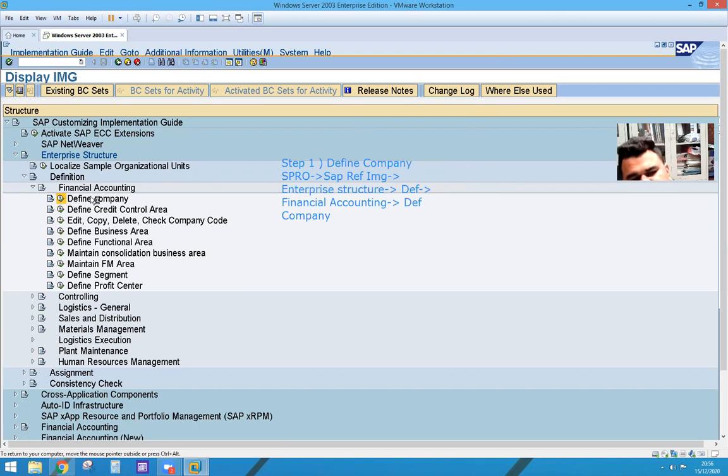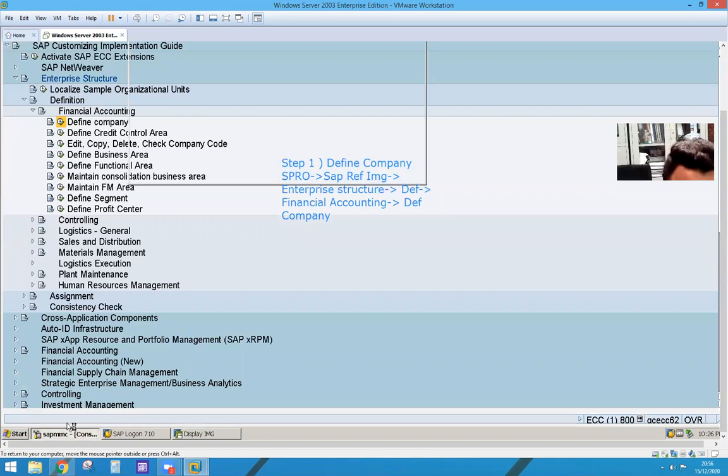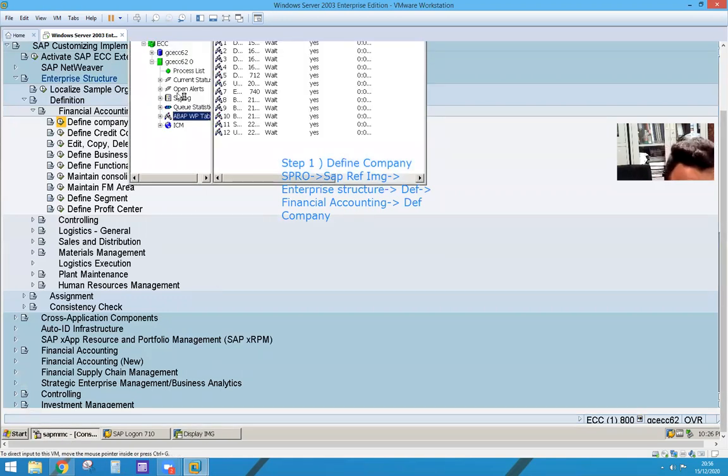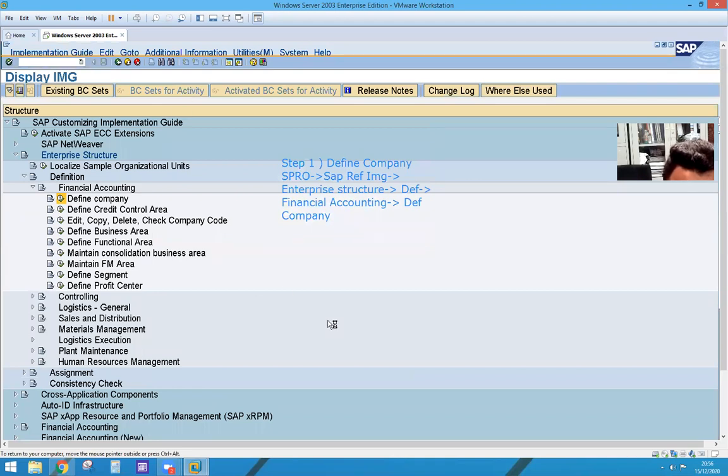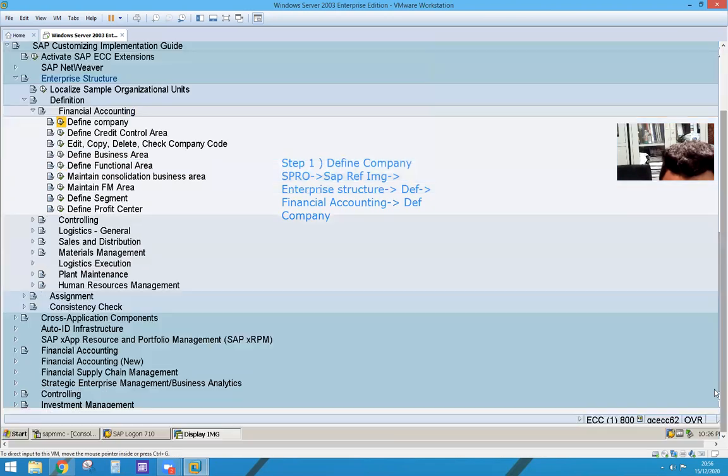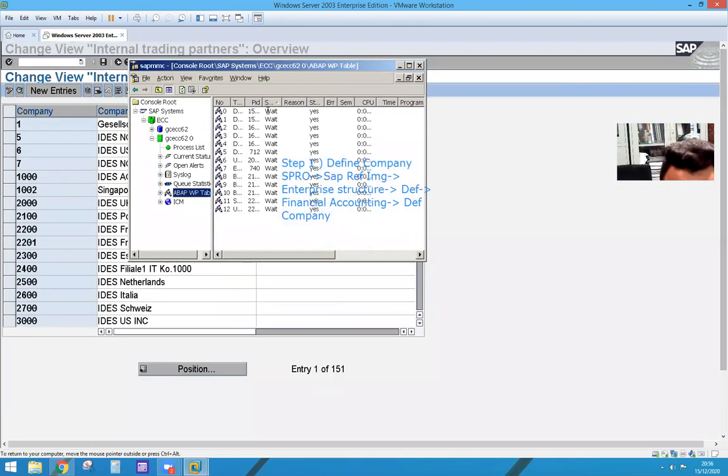Always click on this clock. This is the server of SAP.